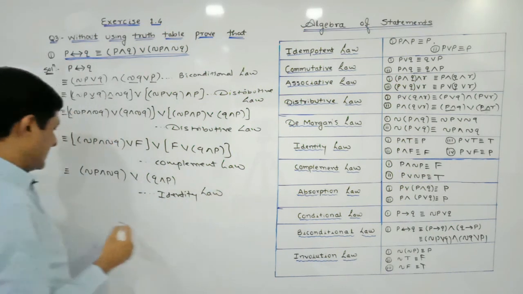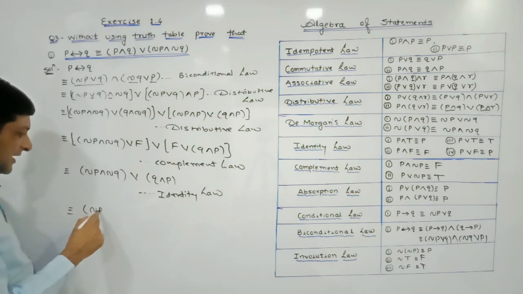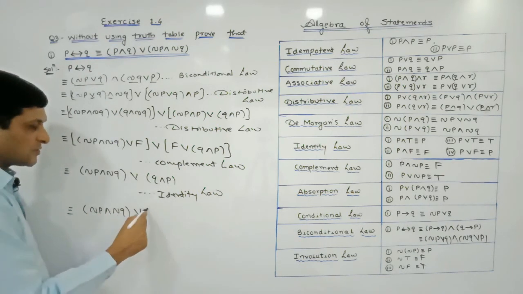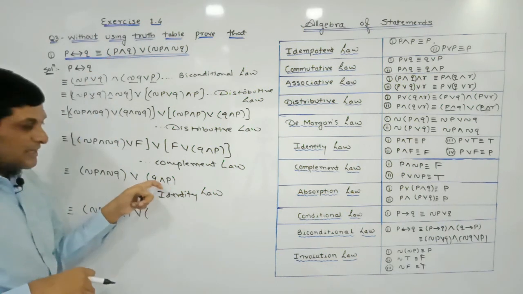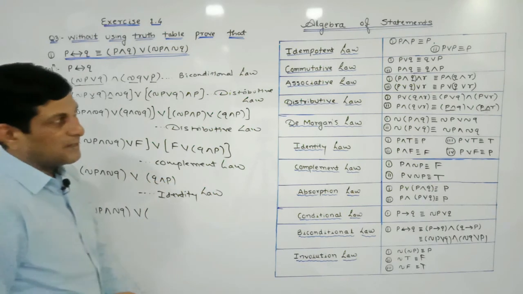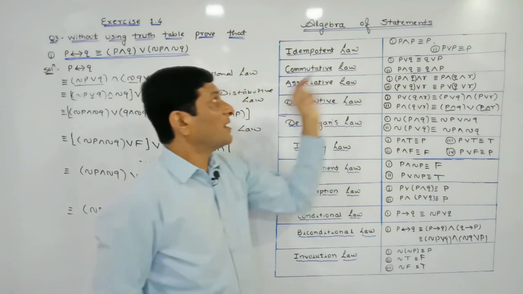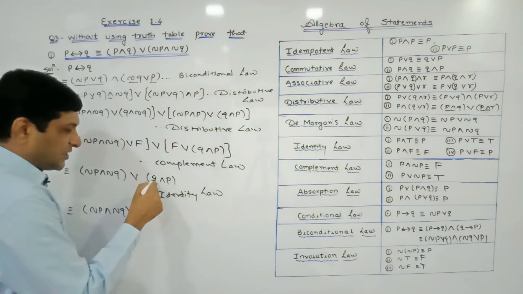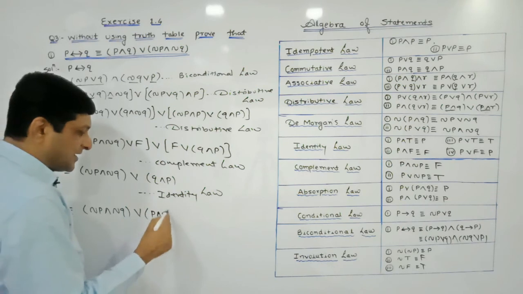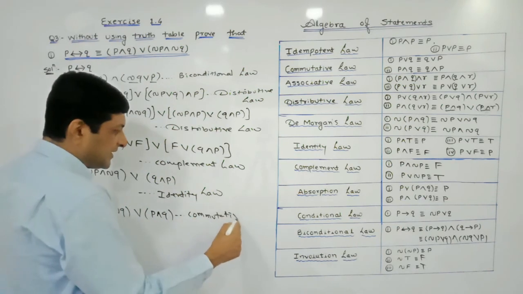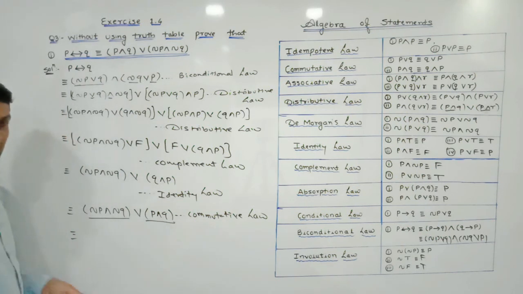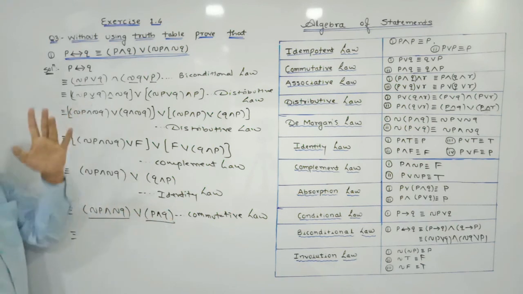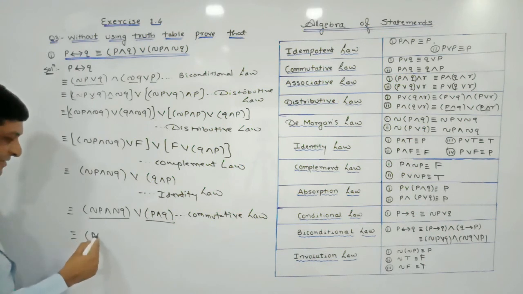Identity law. Later on, keep this negation P and negation Q as it is, or also as it is. Here in the first bracket P and Q is there, but here we have got Q and P. So we are able to interchange these two letters. By which law? Commutative law. So here Q and P can be written as P and Q, applying the commutative law. So lastly, consider this as one letter and this as second letter. P or Q can be written as Q or P according to the commutative property, means it can be written as P and Q.